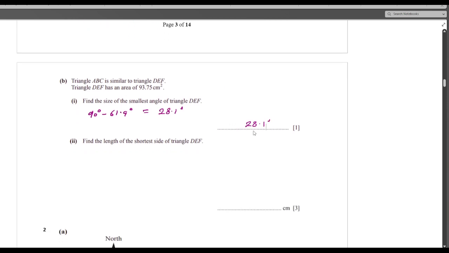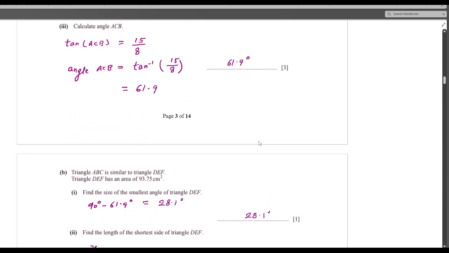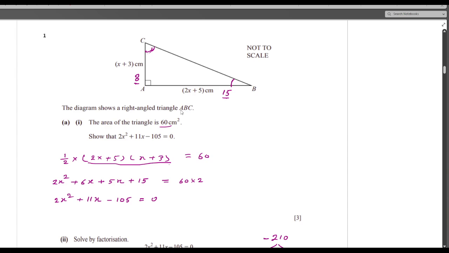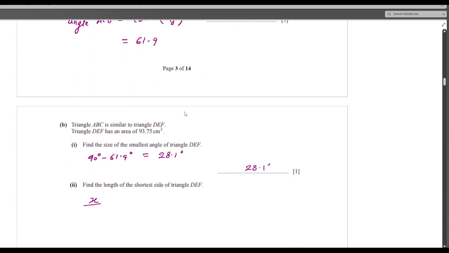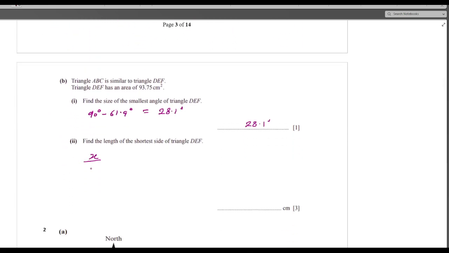Find the length of the shortest side of the triangle DEF. Let us consider that the shortest side is x. So x divided by the shortest side of triangle ABC, which is 8, the whole squared, will be equal to